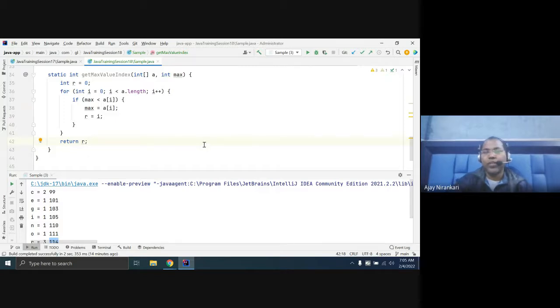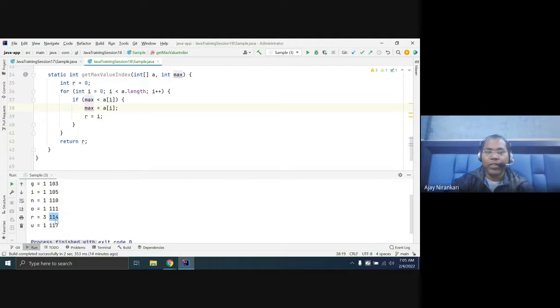Are you getting the point? Here, what value are we assigning in the maximum? If I want to return max, I return this value. But here I don't want the value. I want to be interested in this i position. What value do you assign here? In this case, for R, you are assigning the 114 position in the max, right? This is the 3. So at this point, whatever value max is assigned, only those i are the index. Are you getting the point?